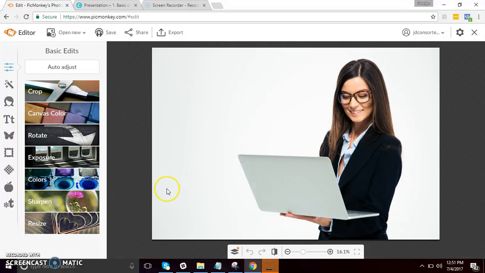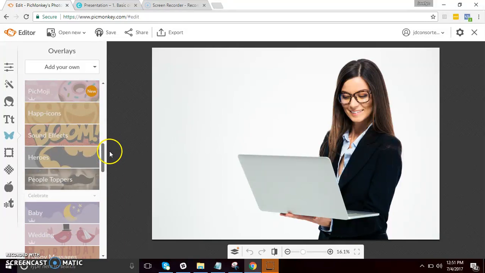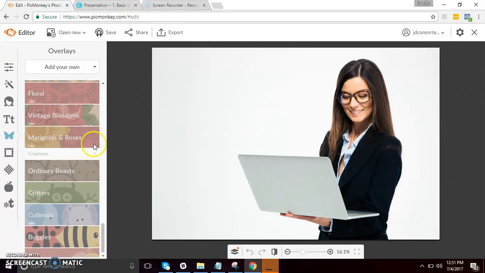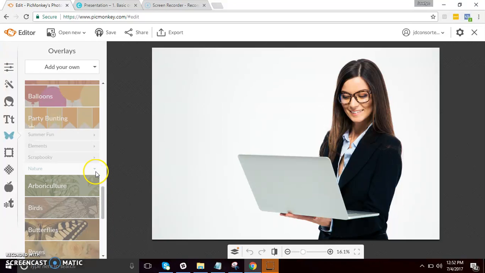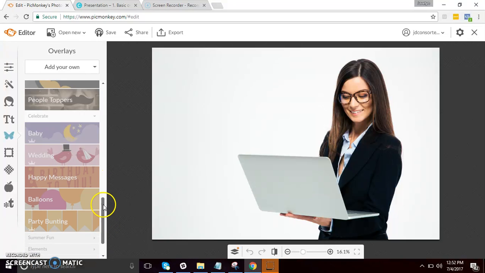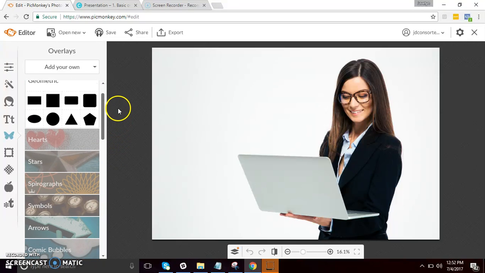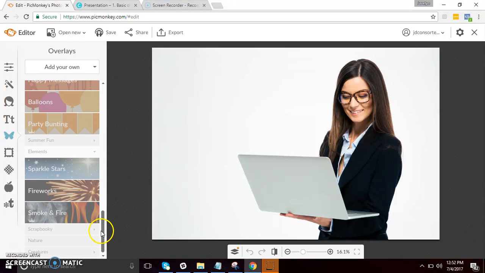Now, erasing overlays. Erasing overlays is quite easy. Choose the overlay that you want to add in our graphic. Let's see, I'm looking for the band, no, not that one.